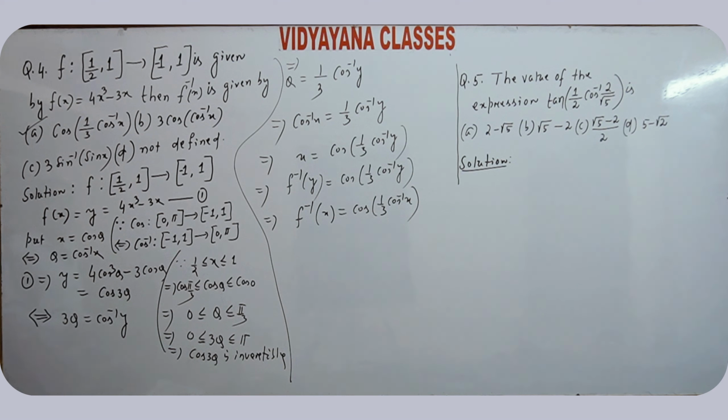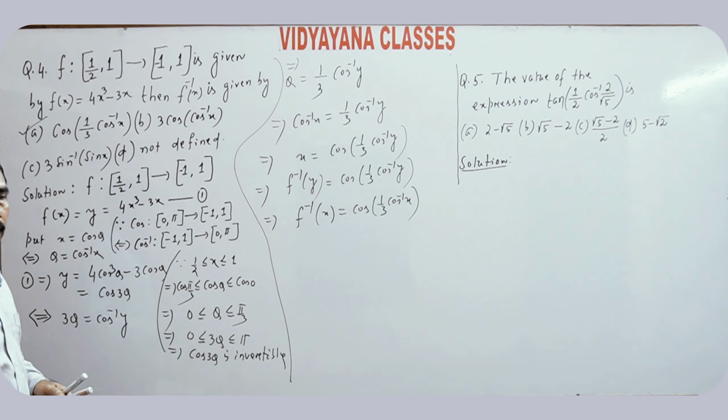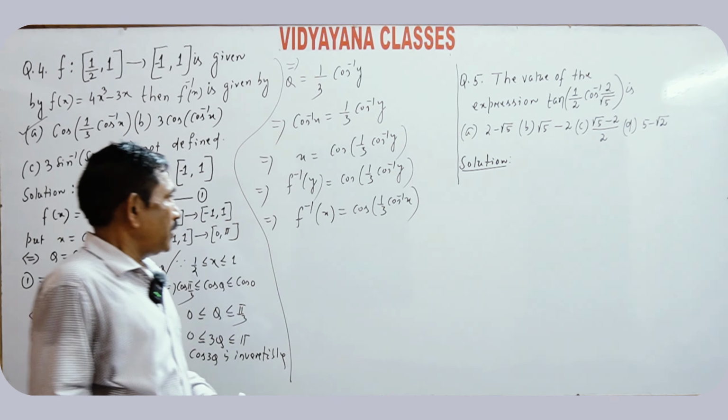Cos inverse x is defined and its value is cos of 1 by 3 cos inverse x. Clear? Okay. Next,